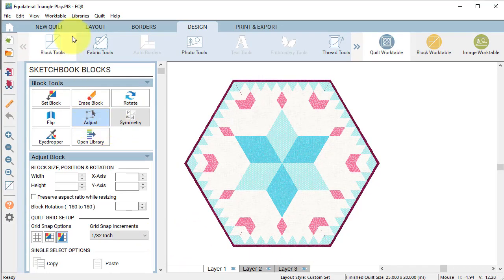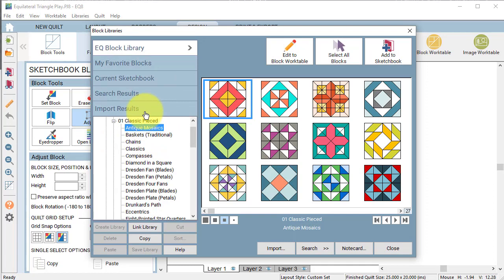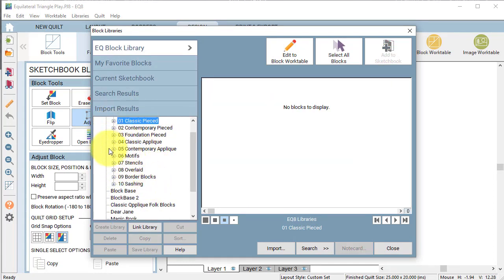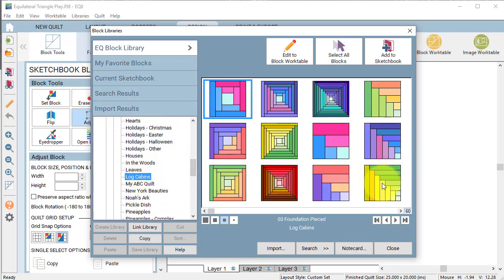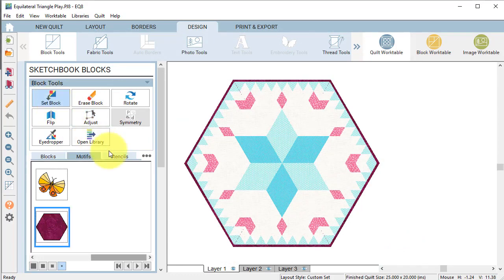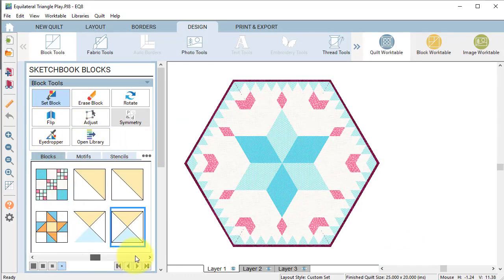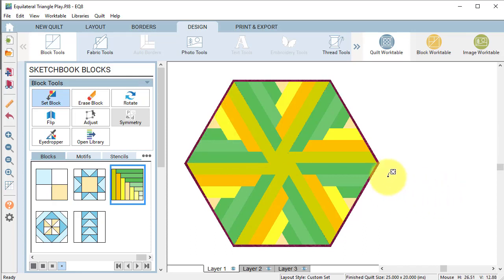Now I want to create one other option, and so in my block tools I'm going to do an open library, and that's going to take me to the block library. I'm going to go under Foundation Pieced Log Cabins, and I'm going to select the 1/4-7 log cabin, and add that to my project sketchbook and close. So now with my set block, I'm going to select that log cabin, and I'm going to replace my other blocks,